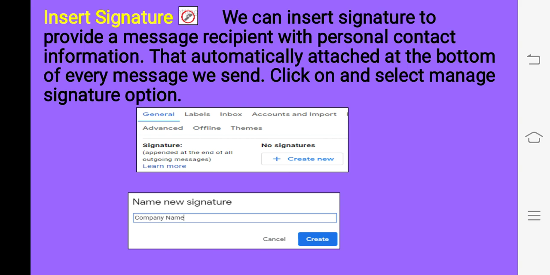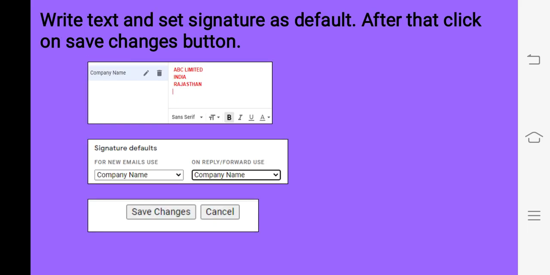More than one signature can be set with our mails. Sometimes we set a personal signature. Sometimes we set a signature that is relevant to our job profile. So for that we will give the signature name and click on the create button. It shows the name of the signature, and on the right side, children, we can enter the text as we want for our signature.